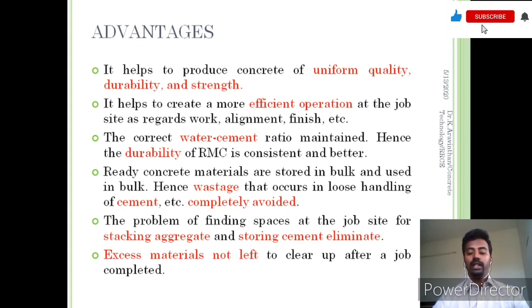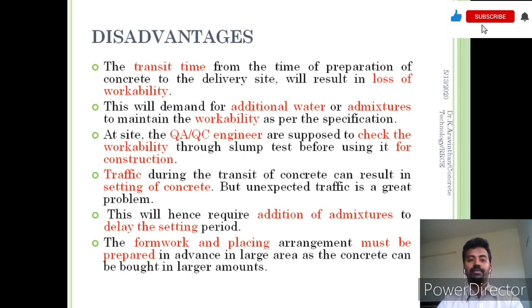That is why the materials can be handled in a well efficient manner by using a ready mix plant under a controlled environment. If we are going for prefabricated structures, then the ready mix plant is the nearest to give the utmost efficiency, and excess material can be eliminated.